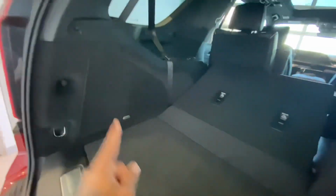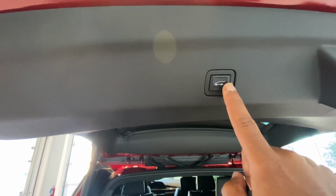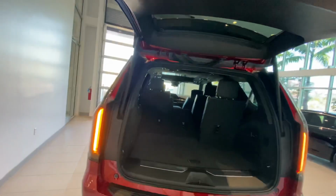This does have the AKG sound system here, which sounds pretty good. A lot of people are sleeping on the AKG sound system. Underneath here, there's some underfloor storage, and there is a metal trim here. The latch button's going to be there, but once you shut that back,